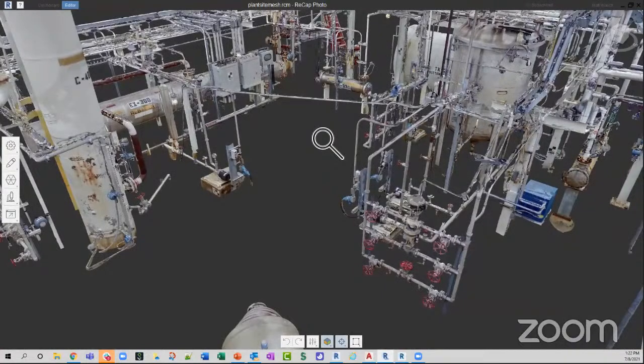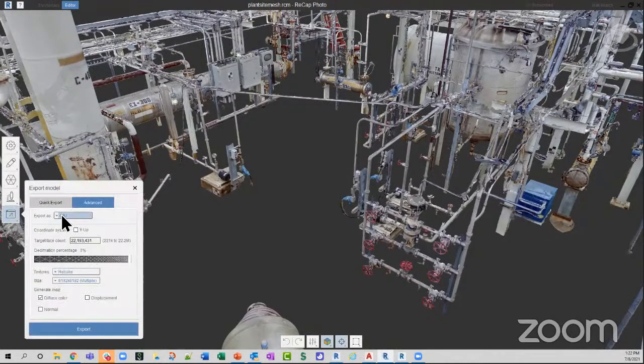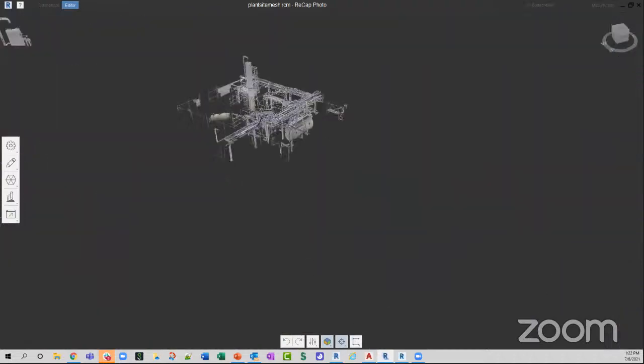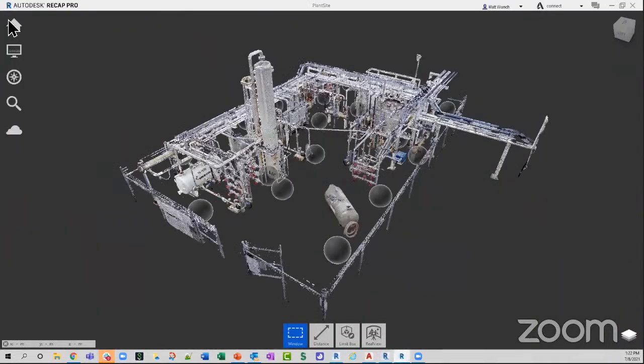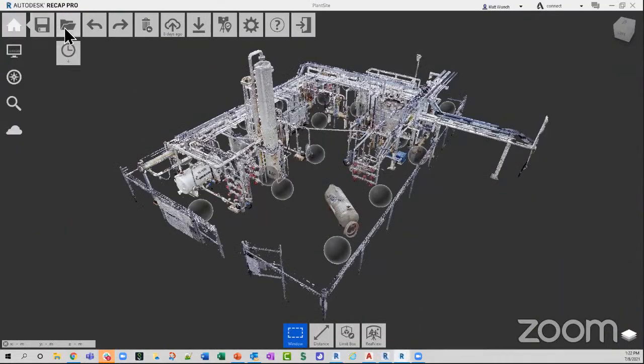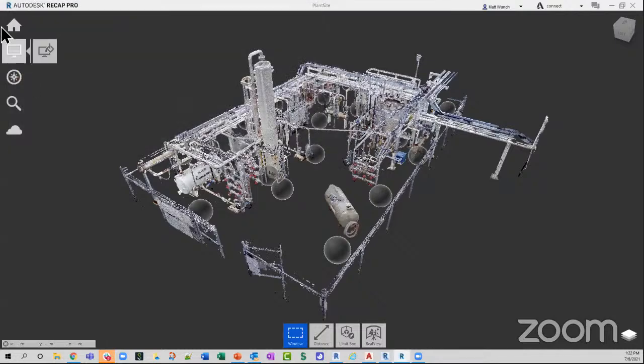And with the OBJ files, you can pull those directly into Inventor. There's also other options here to export to other file formats if you wanted to. Say FBX, if you wanted to pull this into maybe InfraWorks or 3ds Max, you can certainly do that as well. Now, one thing I do want to point out with the scan to mesh feature, and I'm going to jump to another file here for that,